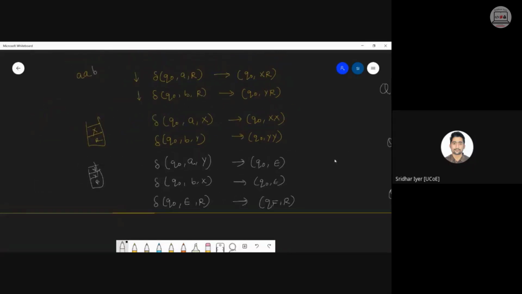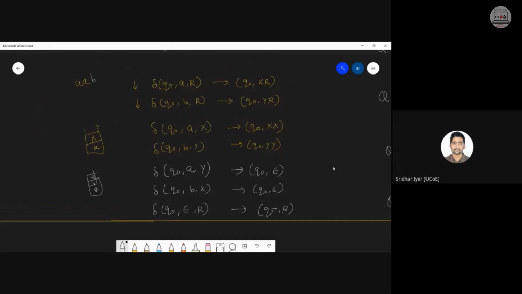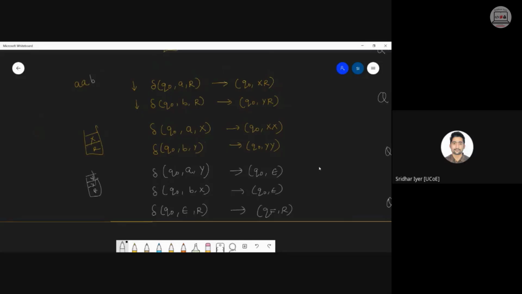Just keep in mind that whenever we are having uncertainties in terms of the input pattern, then we can't change our states. That is what is happening over here. And as we are ending over here, just mark it like this. And there is going to be one loop also, right? A on top of X. This is going to be a loop if I'm not wrong. Even if you don't add a loop, it doesn't matter because the states are Q0 only.